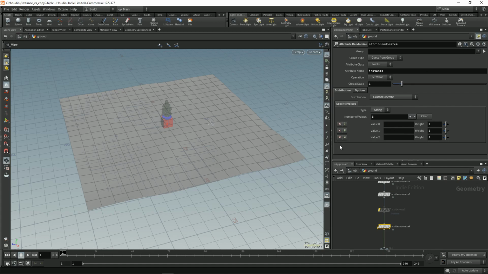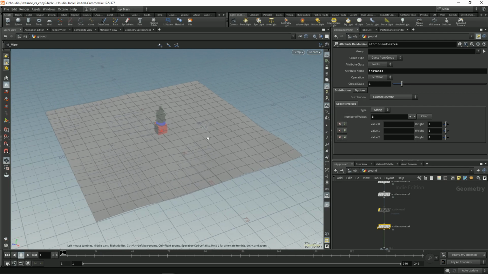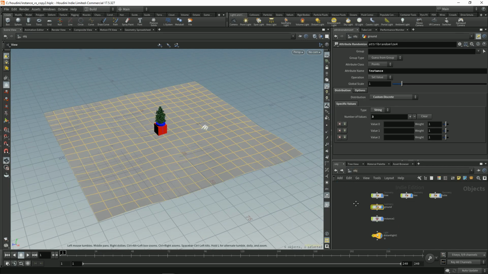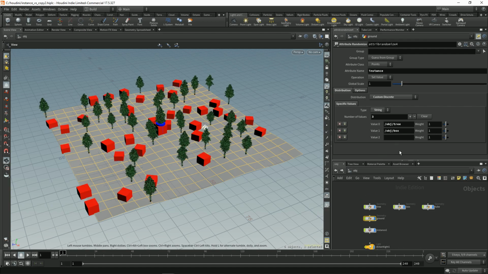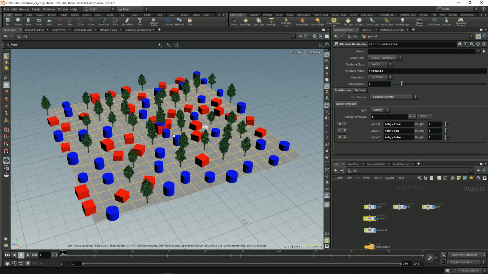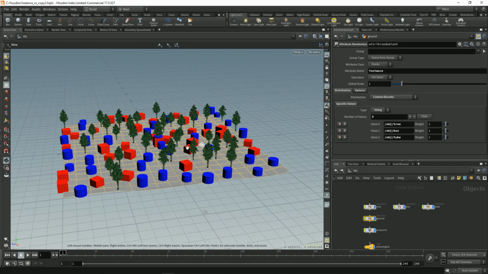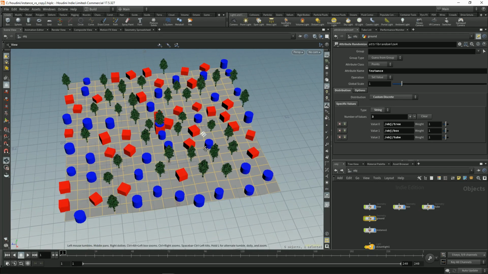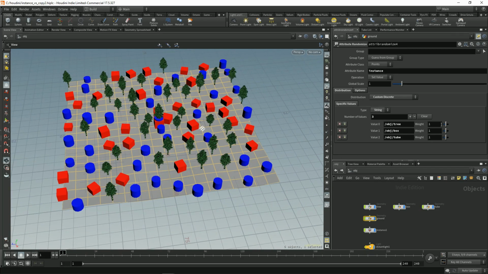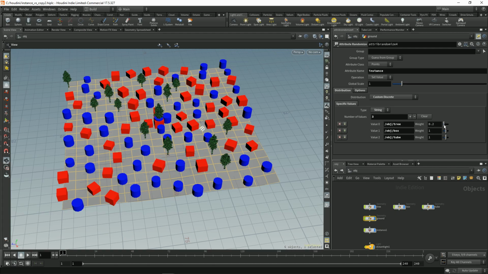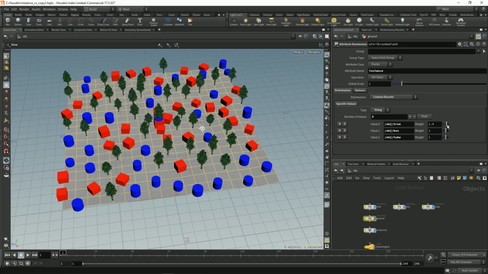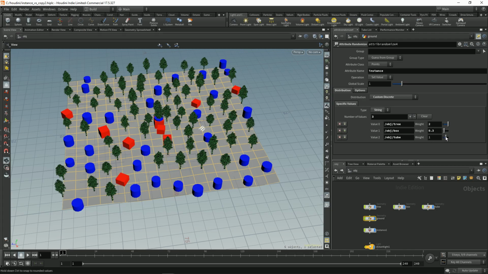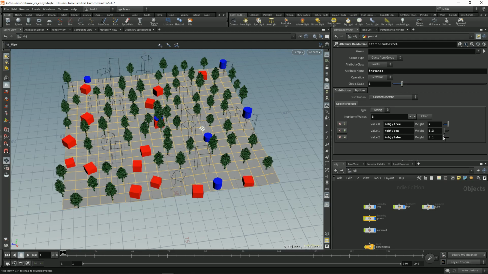And we only need three slots because we only have three geometries. So 1, 2, 3, and you see immediately it gets randomized, and we have the same amount of each of them. Now if you want to have more or less of some object, you can lower the value, make it higher,